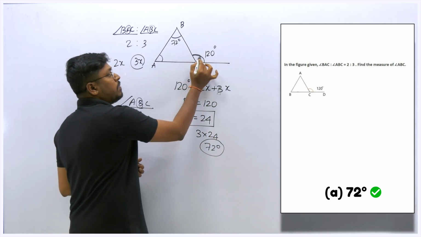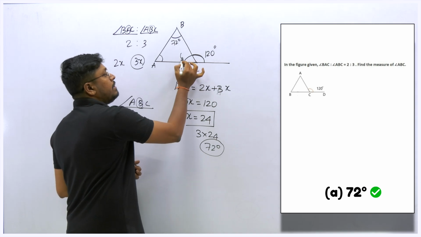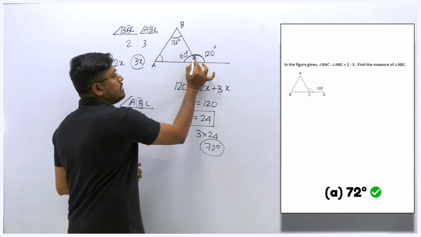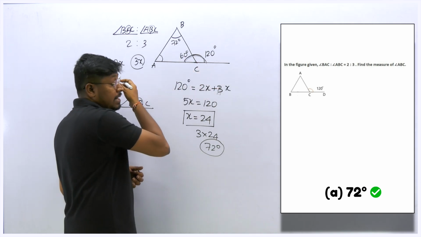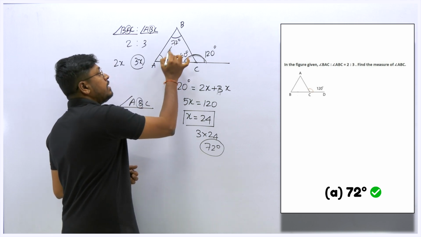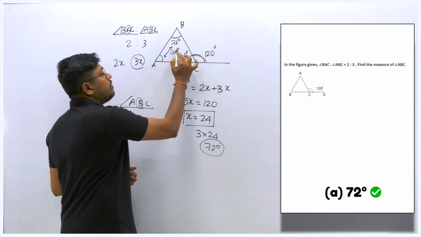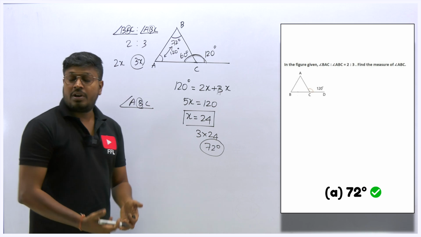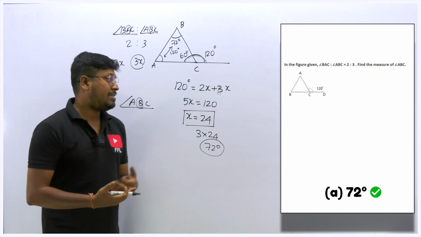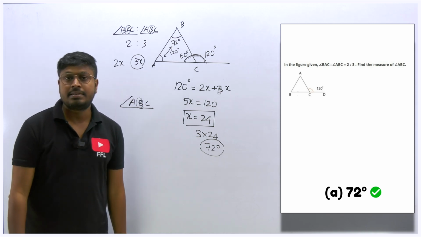If this angle is 120, then the remaining this will be 60 degree. Yes or no? Only then we can say the total will be 180 degree, right? So if one angle is 60 degree, then the remaining two angles total will be 120 degree. So it is your wish, you can solve the same question by different logics, but